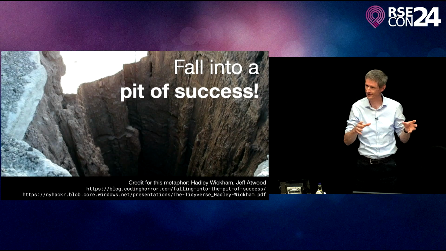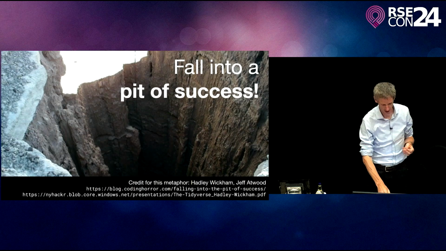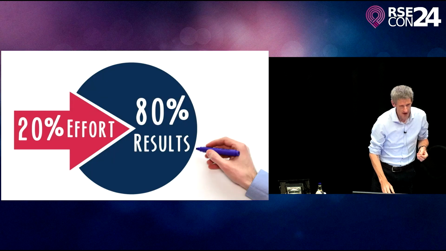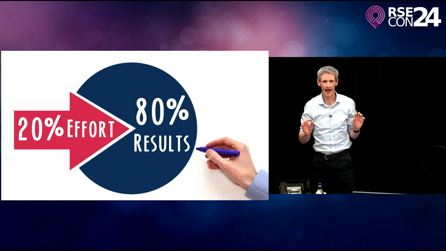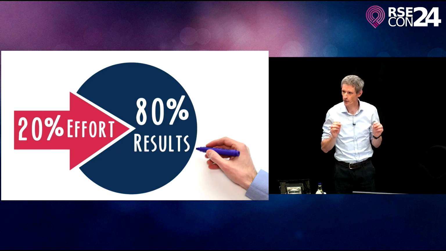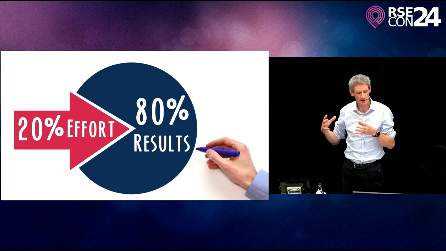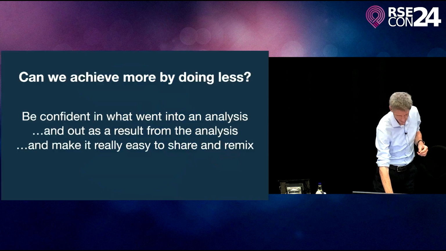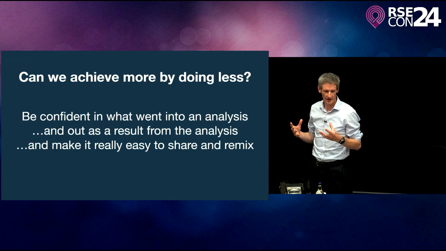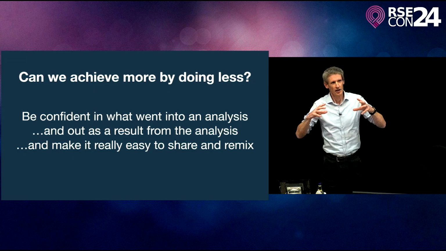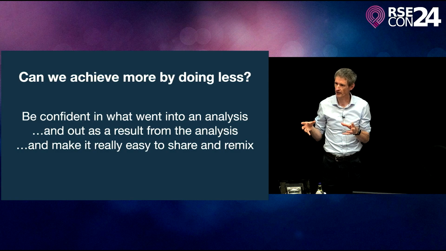And so the rest of the talk, after this rant is over, is about some of the steps we have taken to try and help do this. All right, so as a colleague of mine said on a recent grant, why don't we just Pareto the hell out of this? Like, what is the 20% that we can do that will give us 80% of the payback? What can we do by doing less? Right, so the ideas that we've tried to follow with this is just to think about the smallest amount of thing we could do to help with all the boxes in that reproducibility grid.